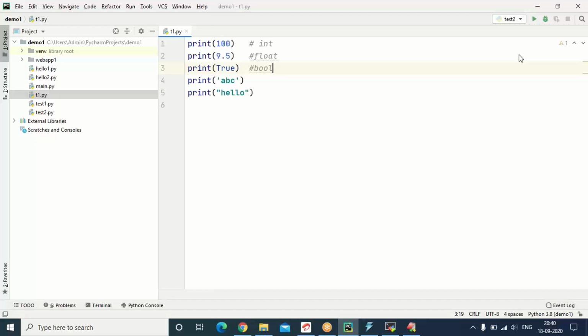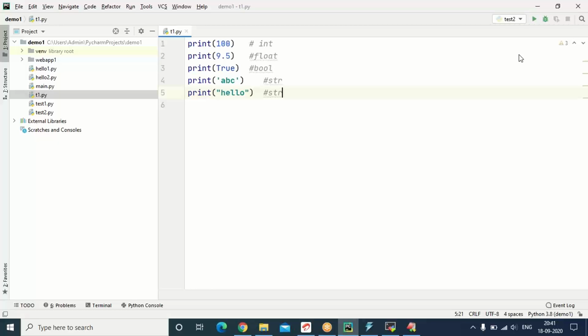You can also call it a bool or Boolean. Under single quote or under double quote, it is a string. You can also call it a str data type.